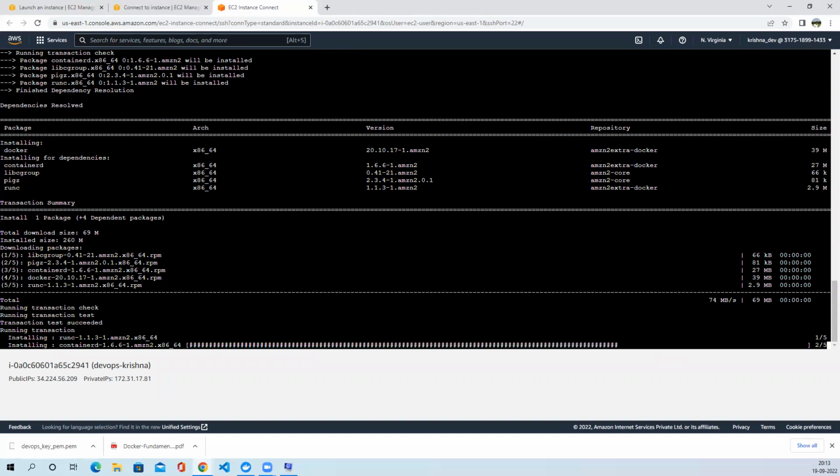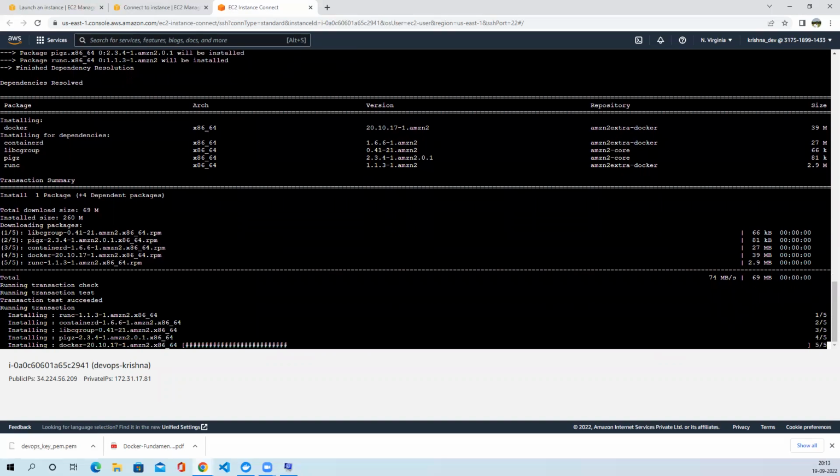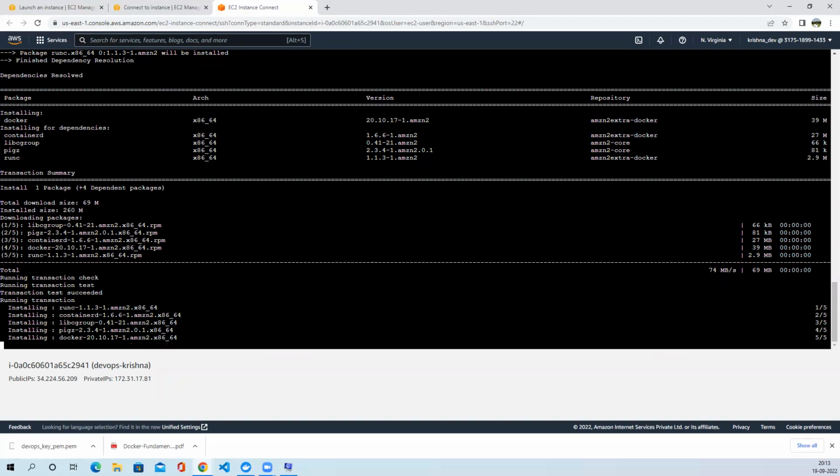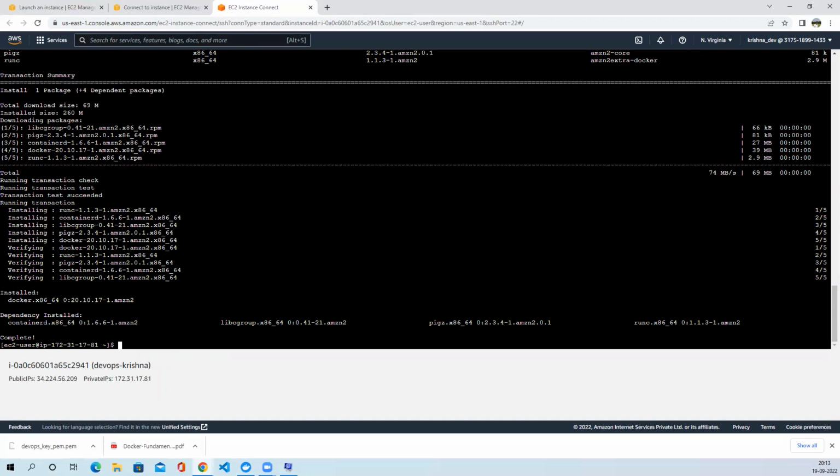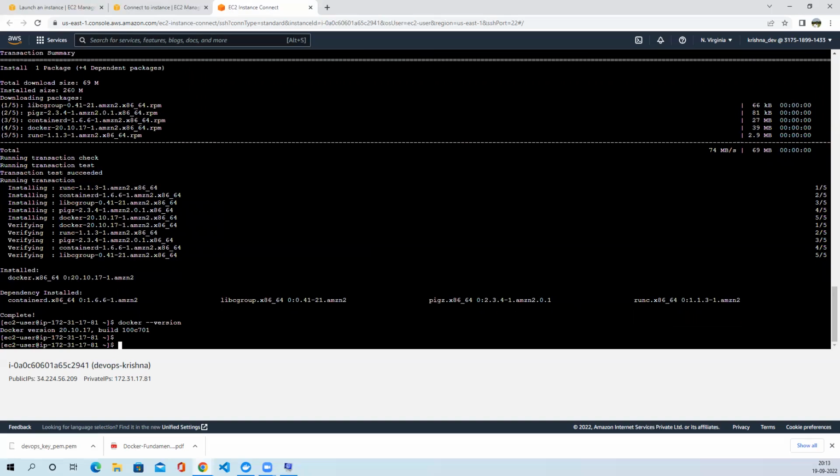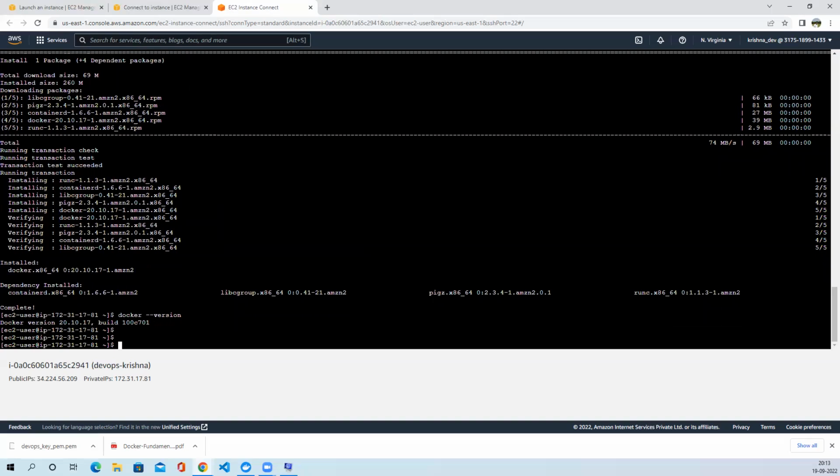It will update the OS with the Docker. Okay, so now if you see docker --version, you will find the current version of the Docker, whatever we have installed. Okay, so this is how you install Docker in your AWS